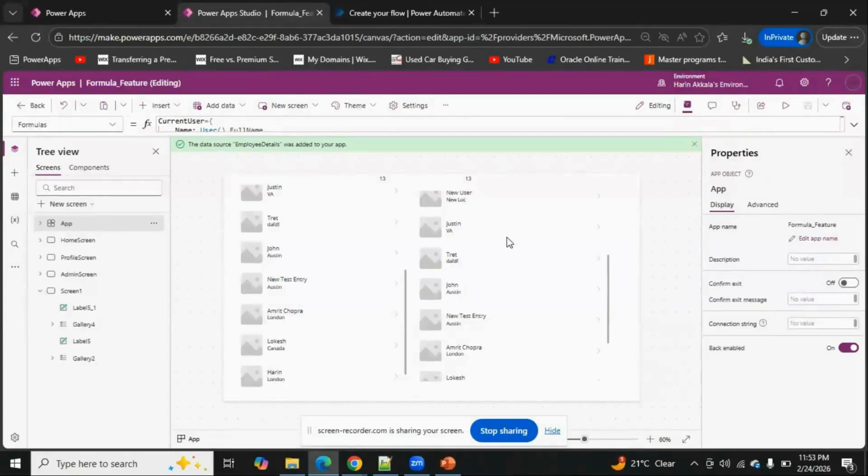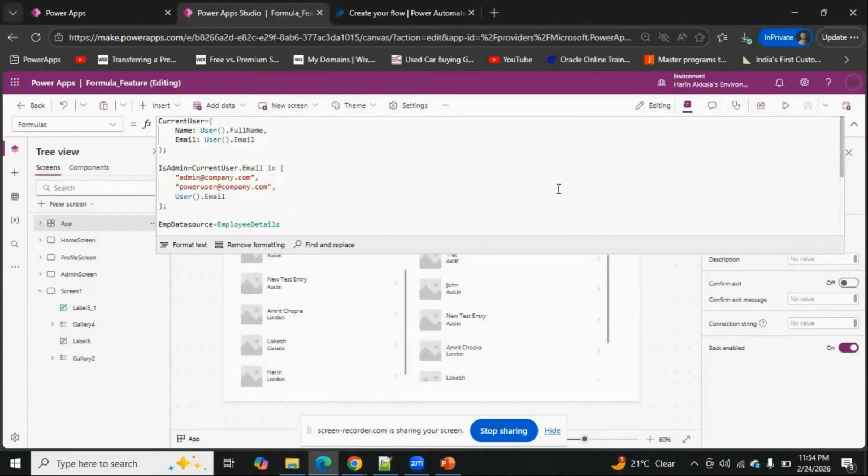So what I have given you is just a basic functionality, a basic formulas feature. But with this, you can build much more complex structures, and you can call these variables from the formulas from anywhere in the screen. It has a bigger picture if you're going forward and have complex canvas applications to be created. Well, I hope you guys learned something new today,